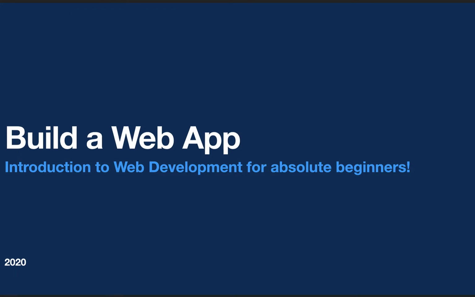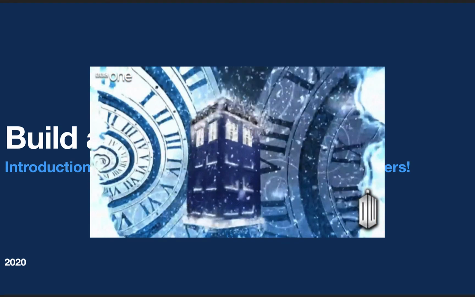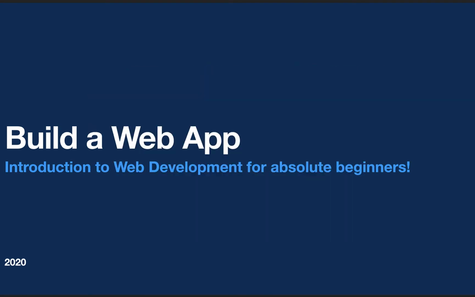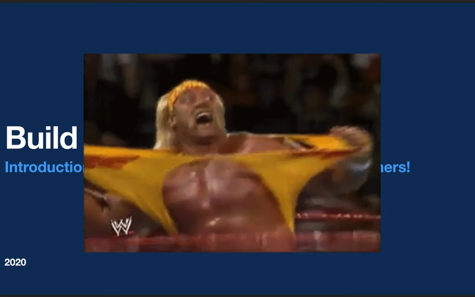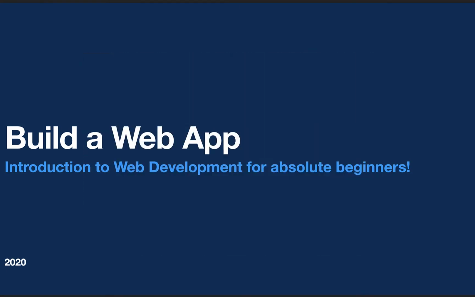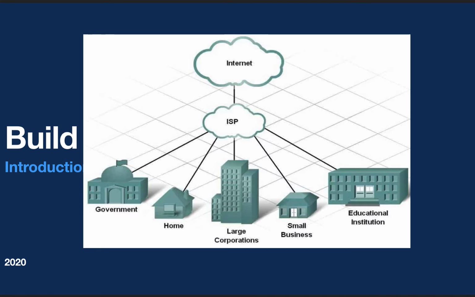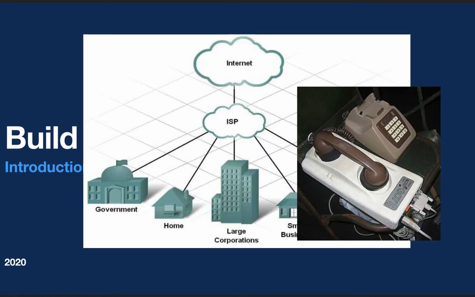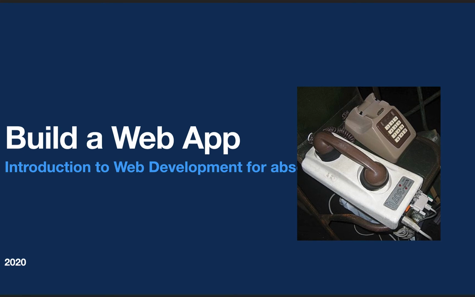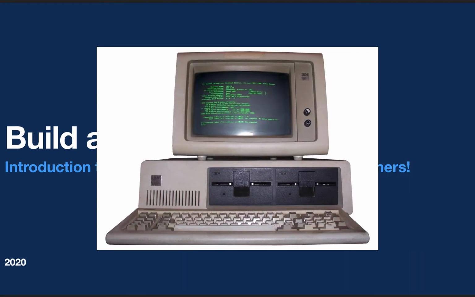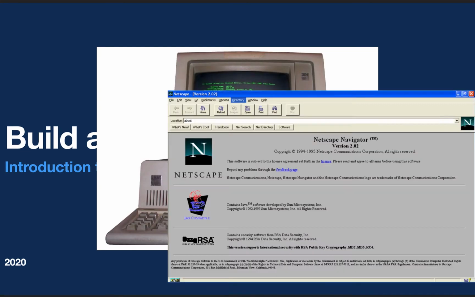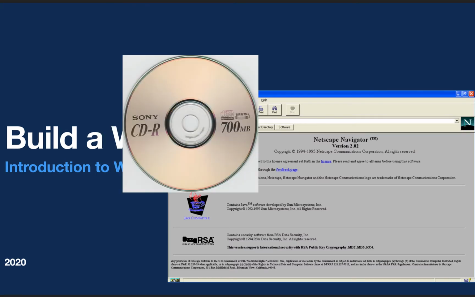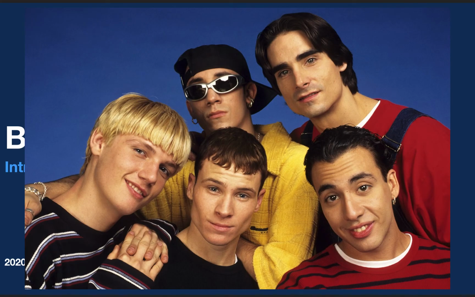Now, it's not a history lesson. There's tons of history stuff. We're gonna skip a few decades into the future, all the way to the mid 90s. And the web started taking the form and the shape we know today. There were ISPs, modems, internet started going into our homes and penetrating our personal computers. There was software like Netscape Navigator, if you remember it. You bought CD-ROMs. The Backstreet Boys were a thing.